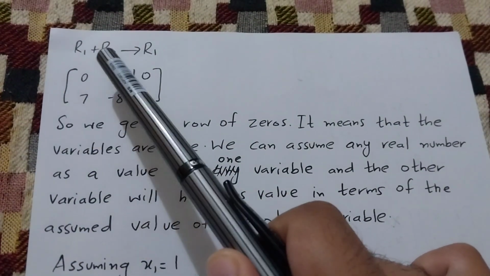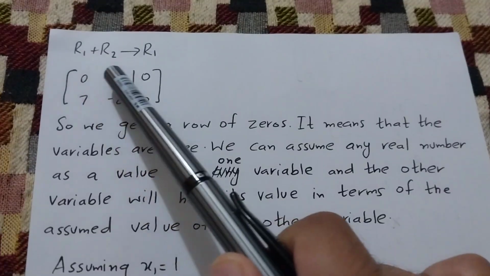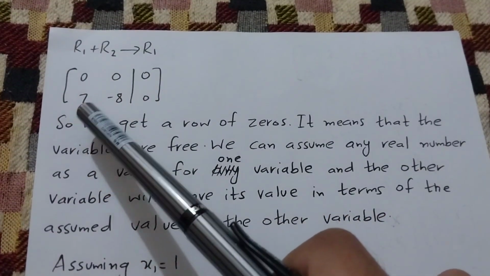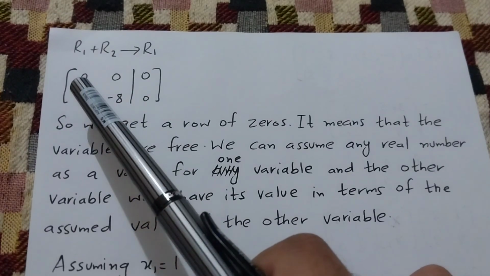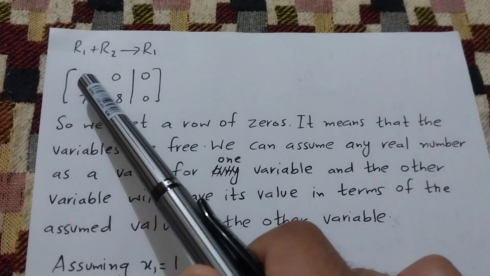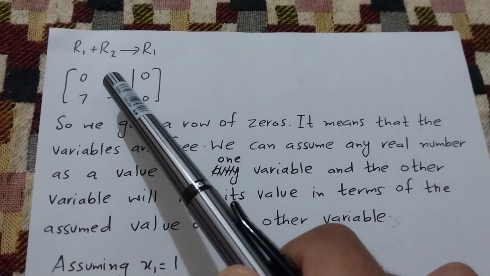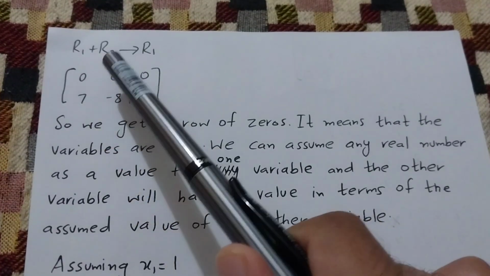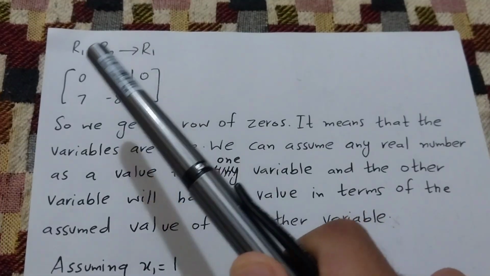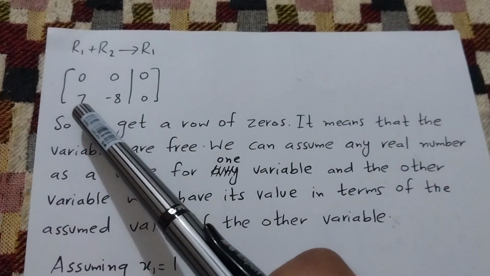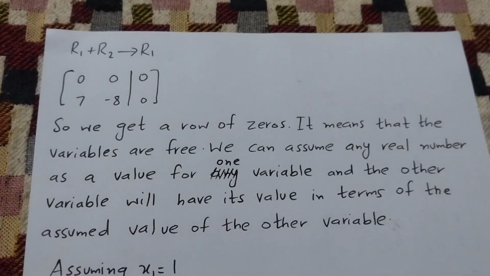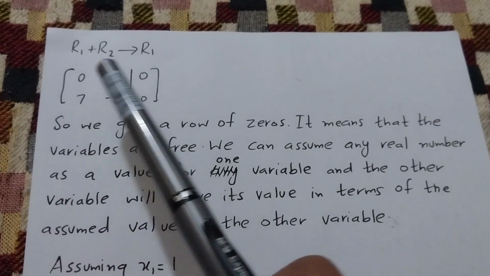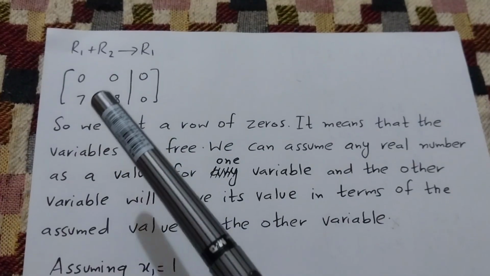We'll add row 2 to row 1, and we'll get a changed row 1. When we add row 2 to row 1, we get 7 plus minus 7, which is 0, and minus 8 plus 8, which is 0, and 0 plus 0, which is 0. The change was only in R1, so row 2 remains the same, which is 7, minus 8 and 0. So here we get a row of zeros, which basically indicates that we